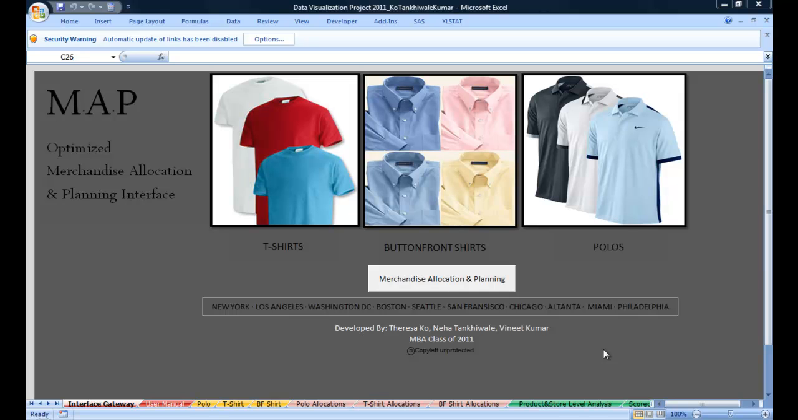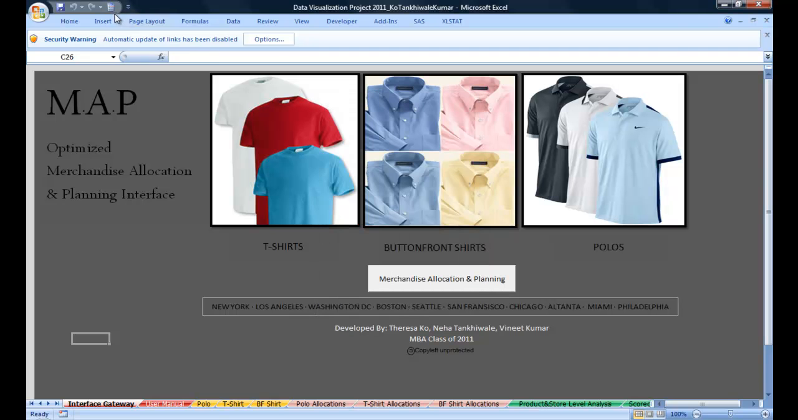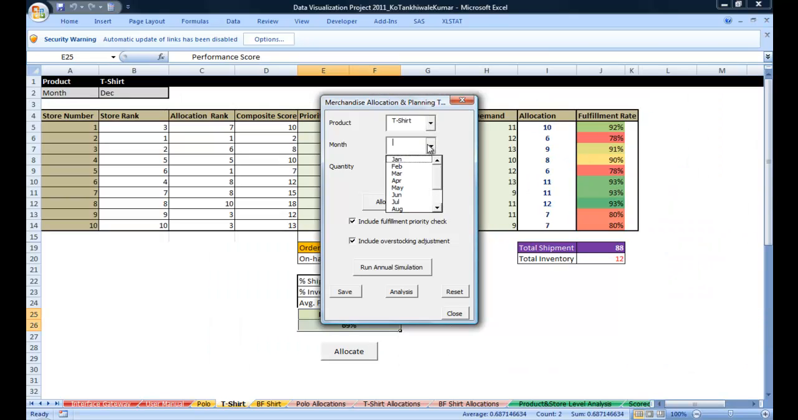Thank you, Teresa. I will now walk you through how the Merchandise Allocation Planning, or MAP for short, tool works. You can access the tool either by clicking it from the interface page or from the icon in the ribbon for convenient access across ribbons. What the MAP tool gives the user are options to enter different product types for which the allocation is supposed to be made. They can choose which month, for example the month of March, enter a quantity and